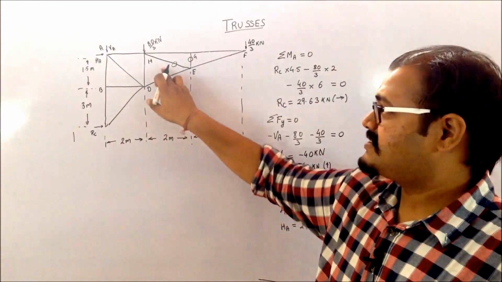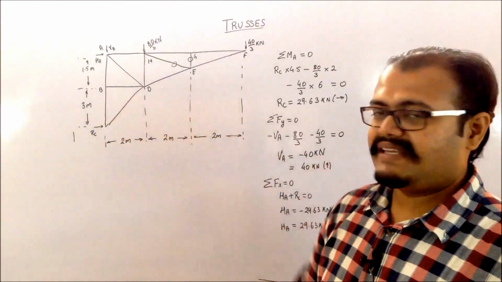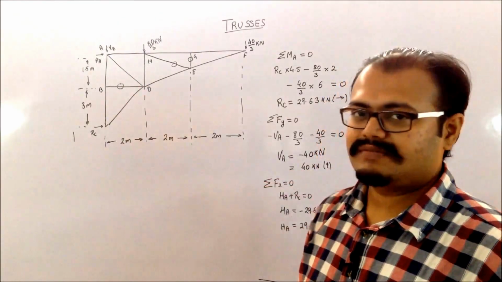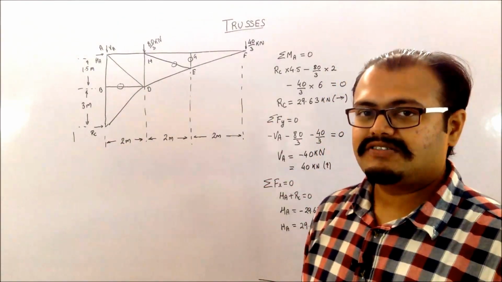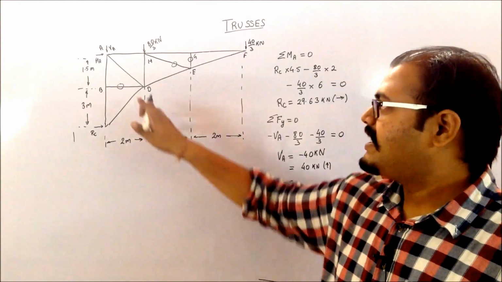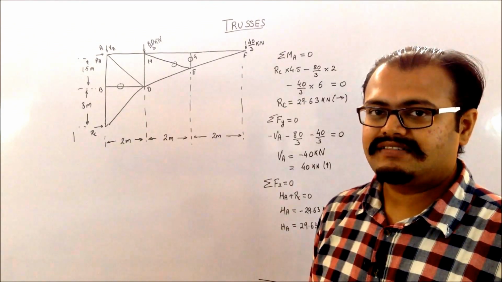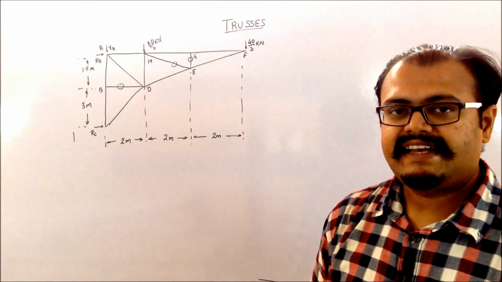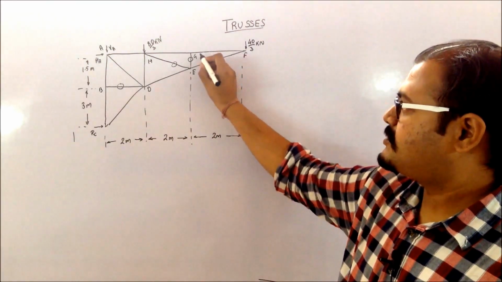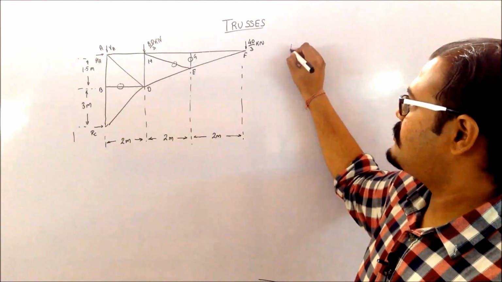So since that becomes a zero force member, if you come at point B, again by the same thing, this becomes a zero force member. So because of this zero force member concept, what you have achieved is you have removed basically three members to be calculated. If you go into the further analysis of these zero force members, what you can see is that the forces in my GF and GH will be equal to each other.